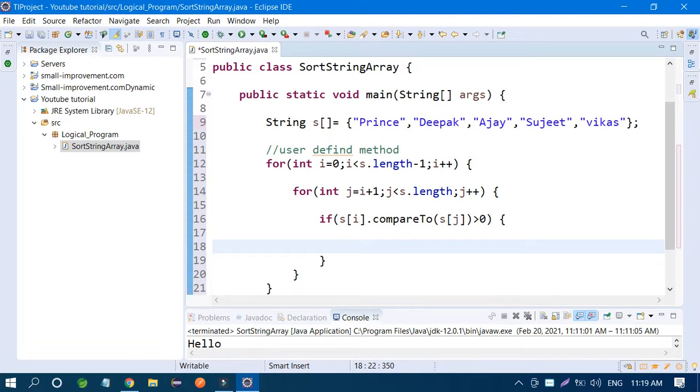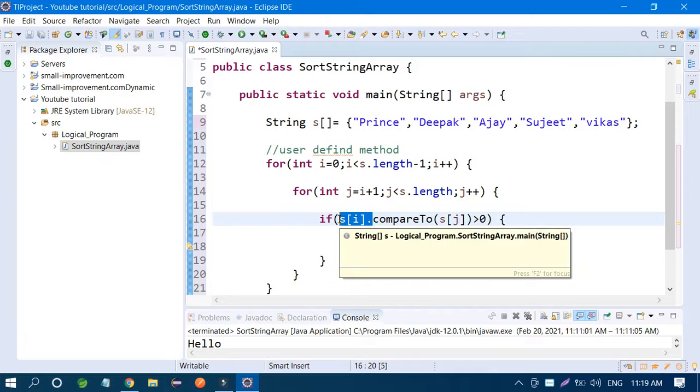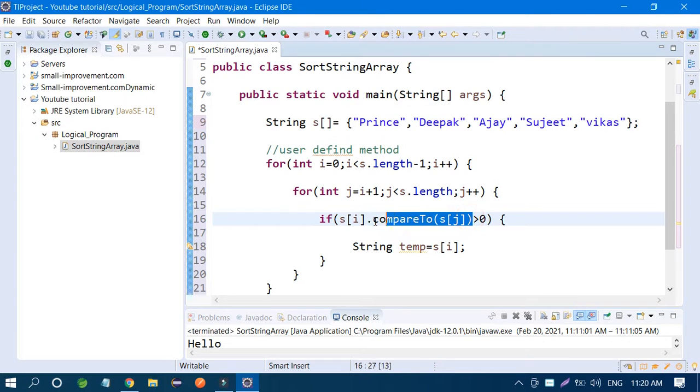Now what you have to do, just take one temp string equal to s of i. I have to swap the values, because if this condition is satisfied, then definitely this gives 1, so just swap it.